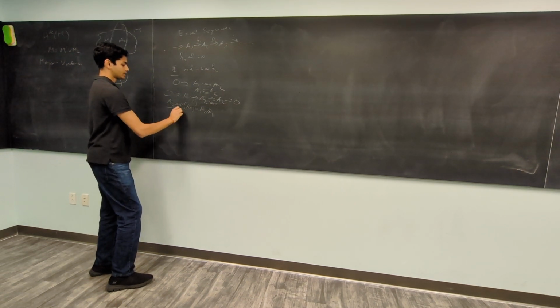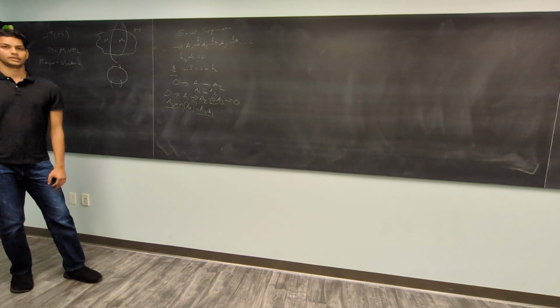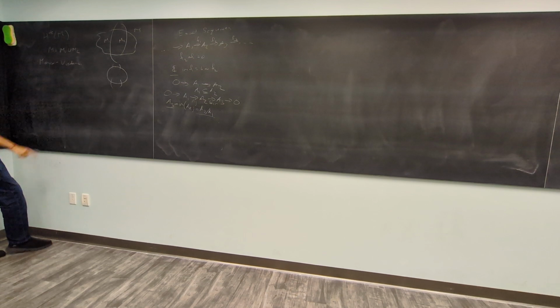So this says that A3 is the quotient A2 mod A1. Okay, so take it, you all have seen such things before. And so what the Mayer-Vietoris sequence says is that if you have such a decomposition, then what you're gonna have